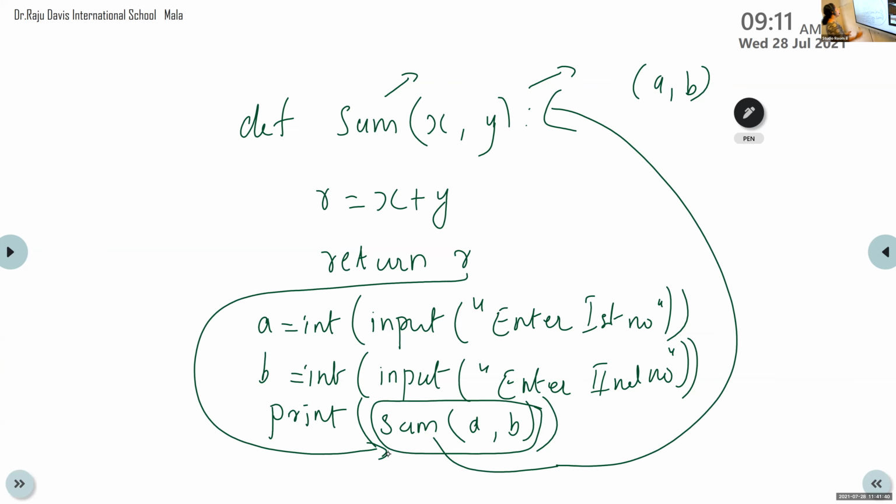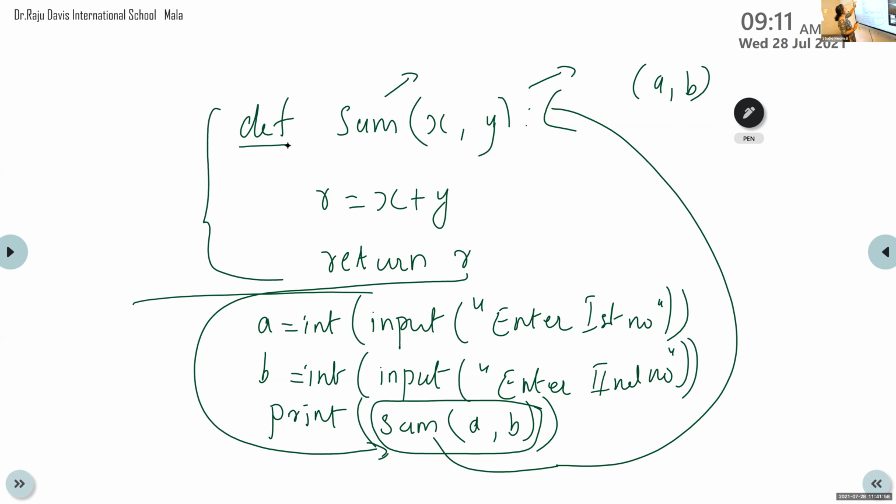That is the main program. It is starting from this statement. This is the definition of function. When the compiler reads this def command, it will ignore these statements.